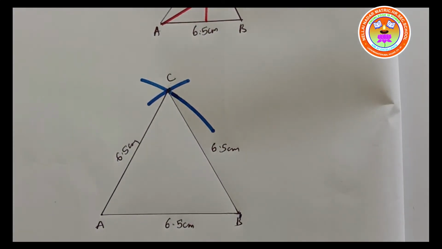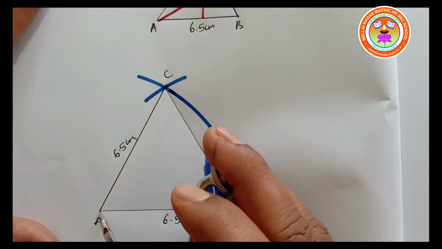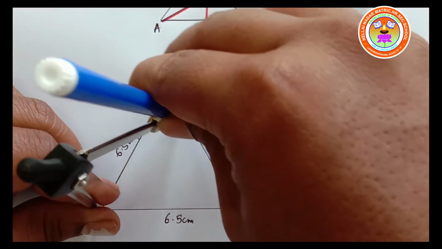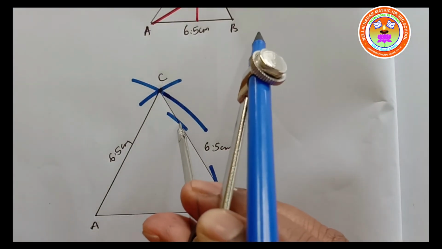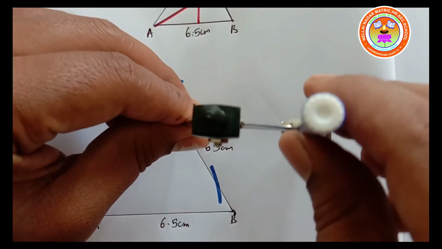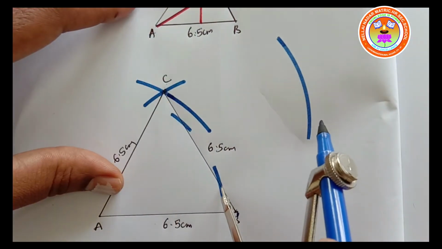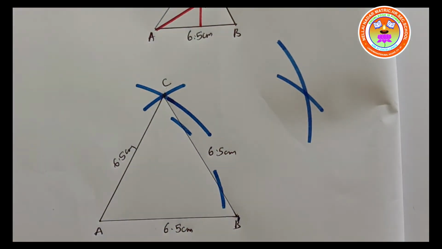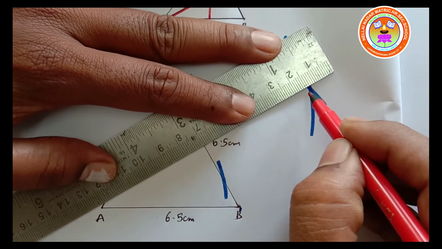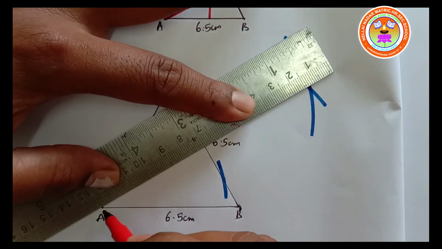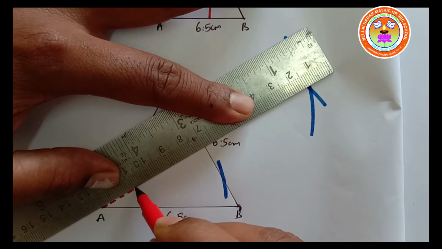A triangle, equilateral triangle. It's clear, children? Now from A as center you are going to take any radius. You are going to find what? Altitude from vertex A. So you should cut the arc like this, with the same measurement. Now take a scale and draw a line. Keep exactly, children, dotted lines.